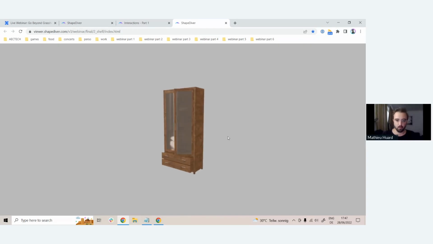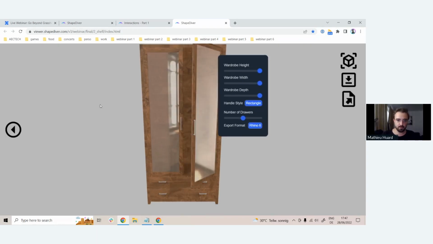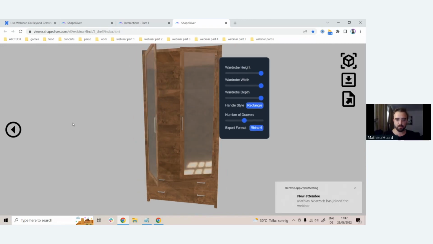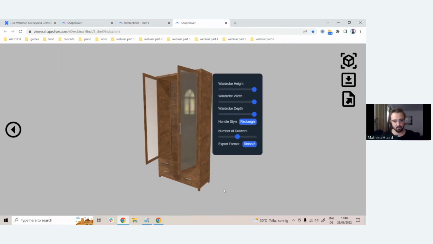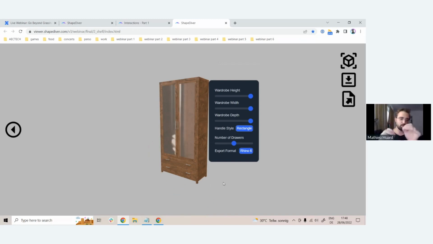But just as a high-level overview, all the geometry here that comes from Grasshopper keeps to some extent the data structure that comes from Grasshopper, and this data structure gets translated into what we call the scene tree of the geometry in the ShapeDiver viewer. Essentially, all of this geometry, for example this shelf, represents different nodes of the scene tree inside the viewer,